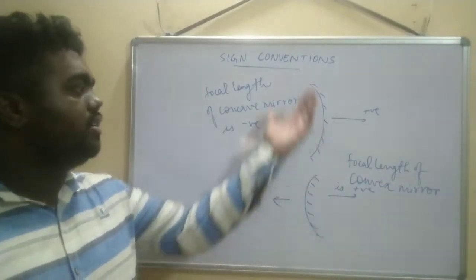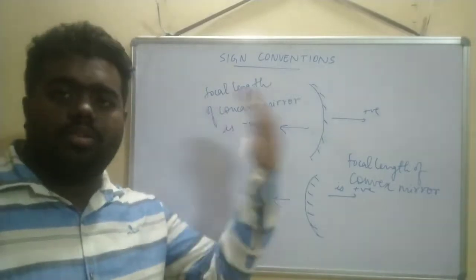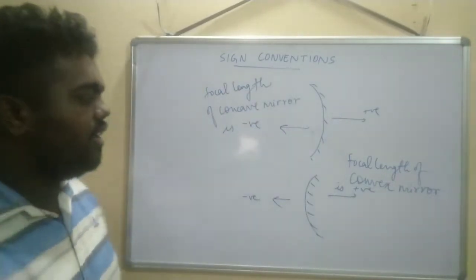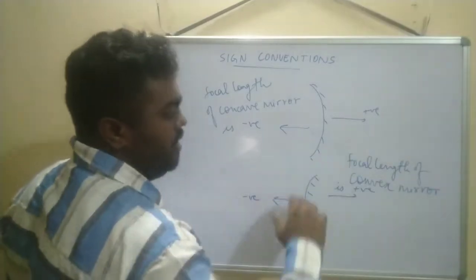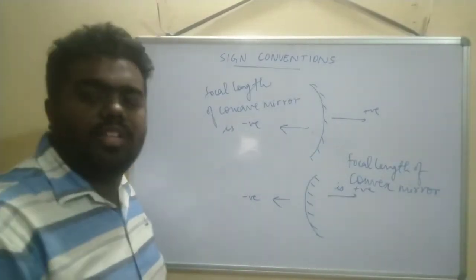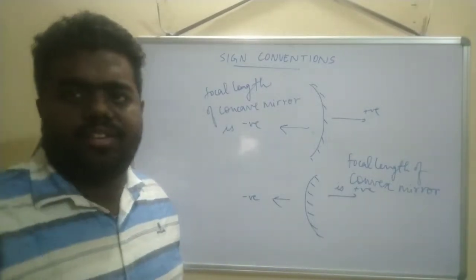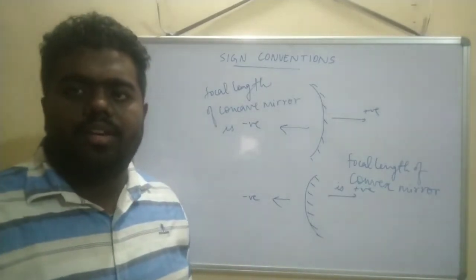Concave mirror के लिए focal length negative होगा. Why? Because इसका curvature तो इस तरफ बन रहा है, तो इसका focal length भी obviously left side होगा, left side है इसलिए negative. और ये उस तरफ उसका curvature है, right side, तो right side में उसका center of curvature, focus बनेगा तो उसका positive होगा क्योंकि right side से आ रहा है, okay, fine.